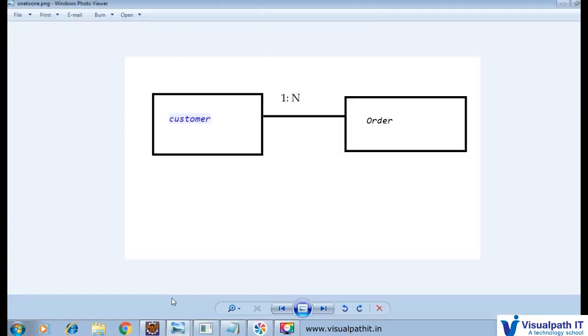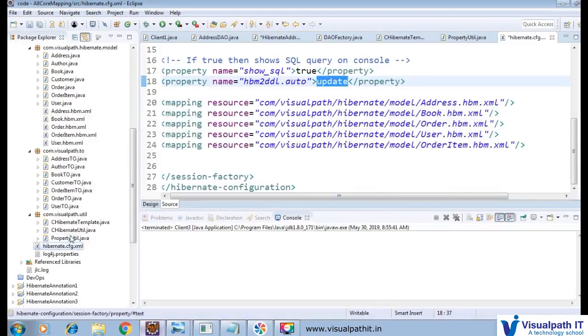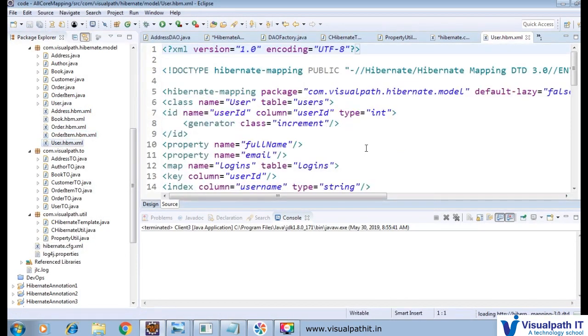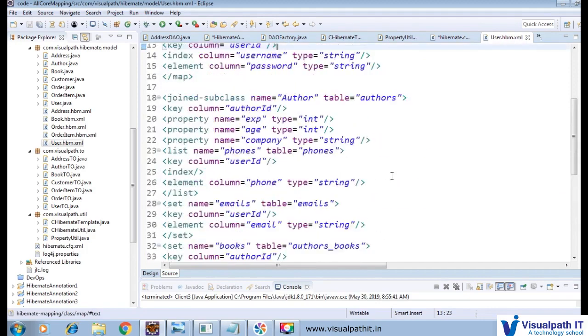Here first we have a user. We will check how user is mapped. User has author and customer, and after that we will check how author and customer are mapped. So here we have user.hbm.xml. It is a very plain class, because this is a top class, and here we have to